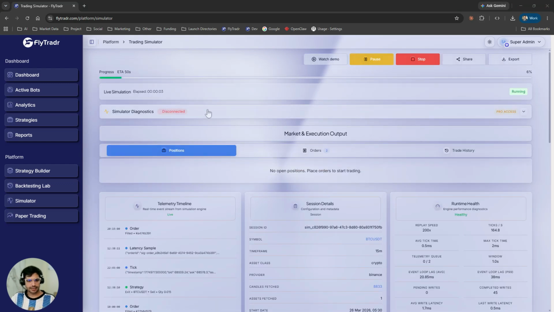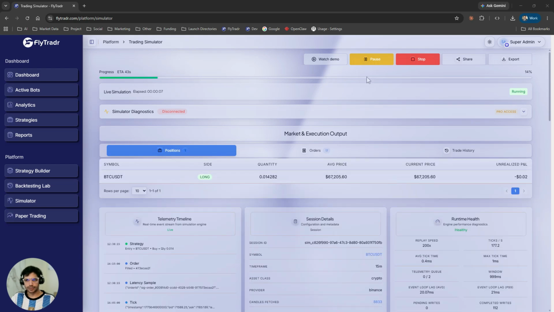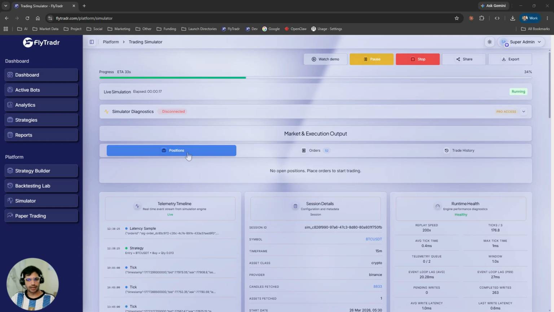Now the simulation has started. You can see the progress bar progressing. The percentage here is increasing, and it's giving you an ETA as well, how much time it's going to take. Interestingly, you can see the strategy is taking positions, and you'll see an increase in the orders as well, right? And you'll see the telemetry history at the bottom. So it will quickly process those